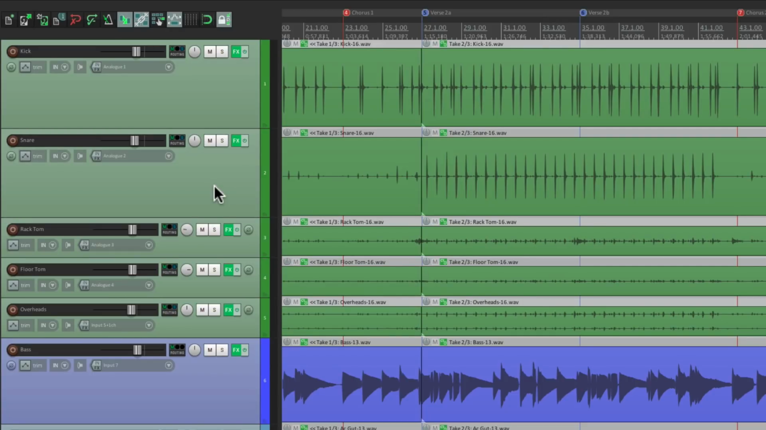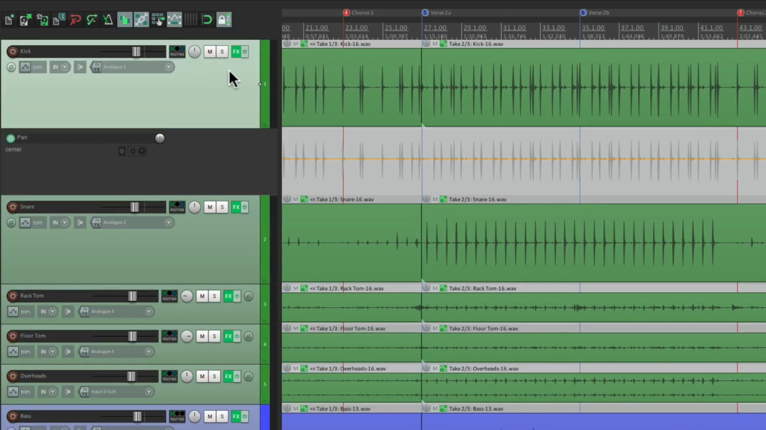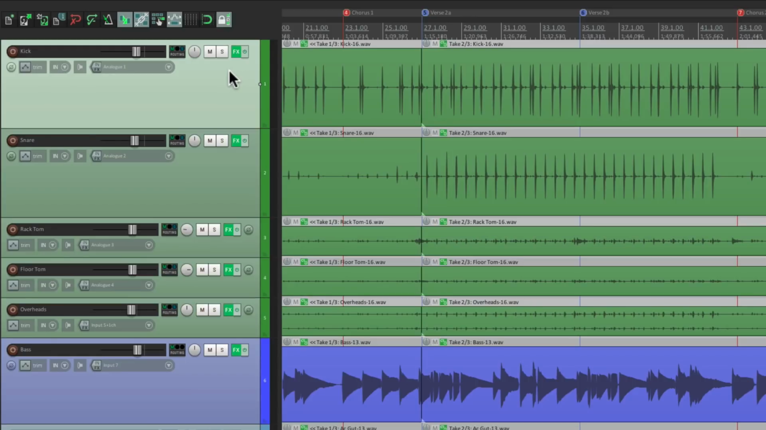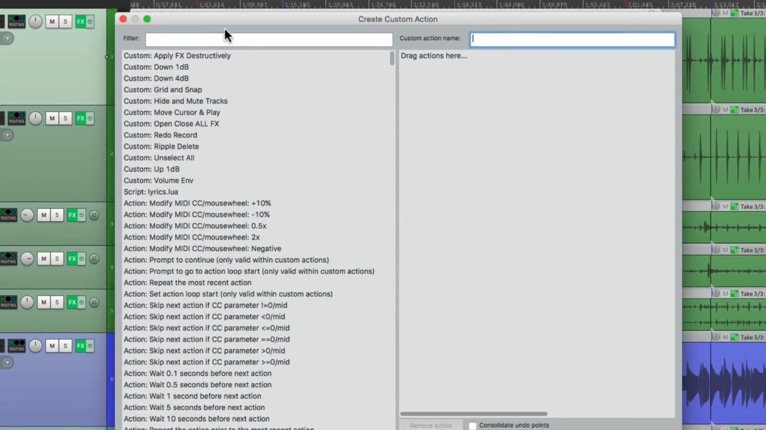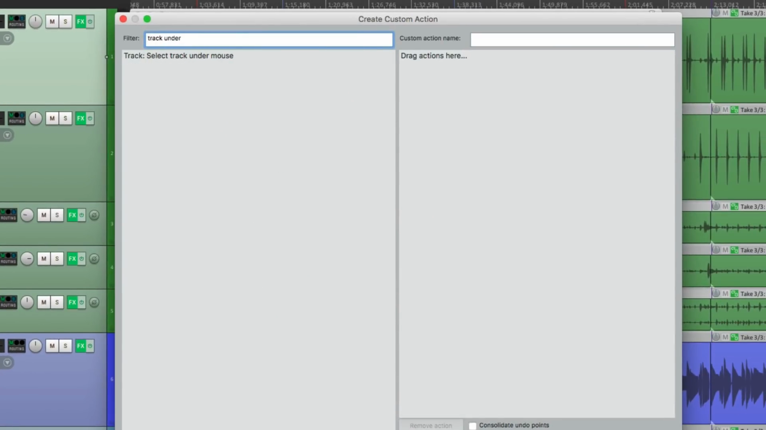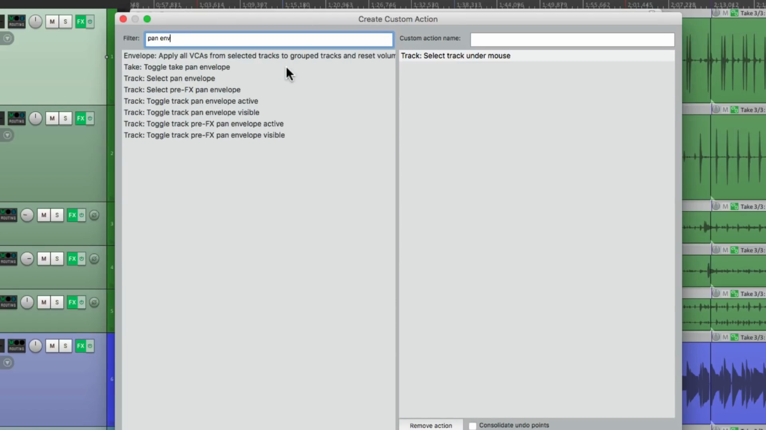And this is going to work with any action that requires selecting the track first. Let's try the same thing with pan. If I click the kick and hit P, it opens up the pan envelope. Hit it again, it closes it. But if we want to do the same thing where we could hover over it without selecting it, let's go back to the actions, create a custom action, type in Track Under, drag this over, type in Pan Envelope, select the action over here for pan, drag it over, we'll give it a name,